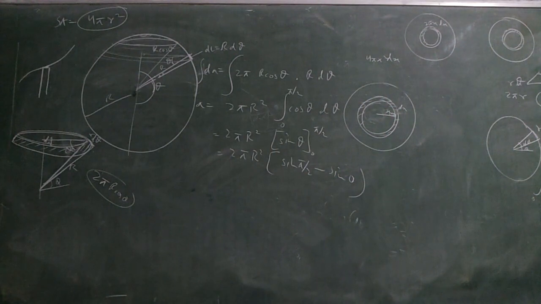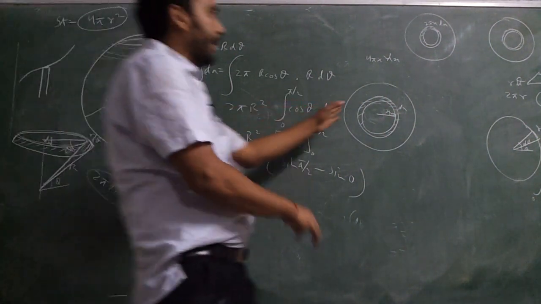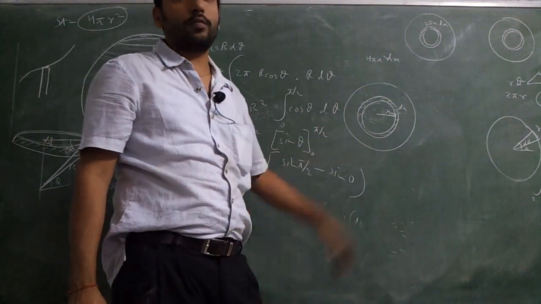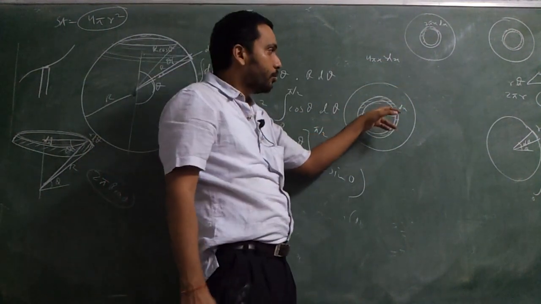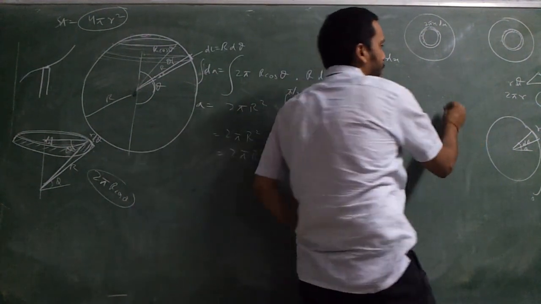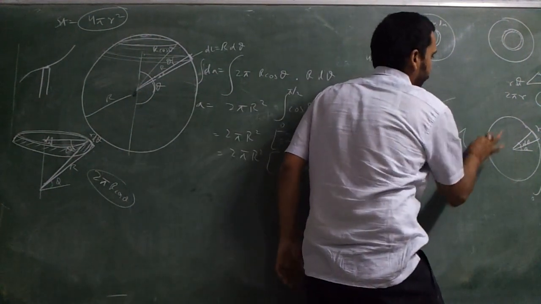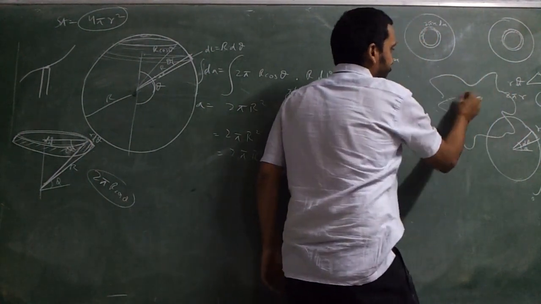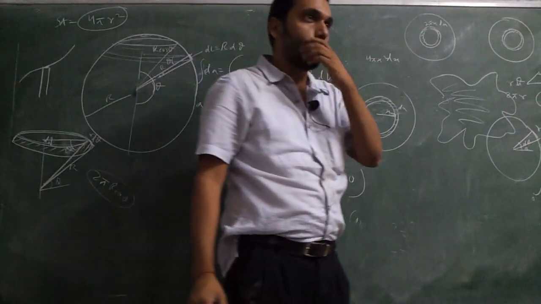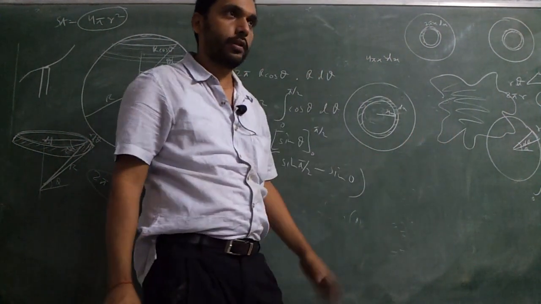Get the point? The inside area and outside area is roughly taken to be 4 pi x square itself. Outside area is not 4 pi x square, but roughly that much. So if you take this hollow sphere, break it up and flatten it out, this area will be how much? 4 pi x square, and the thickness is dx. So that's the volume, right?